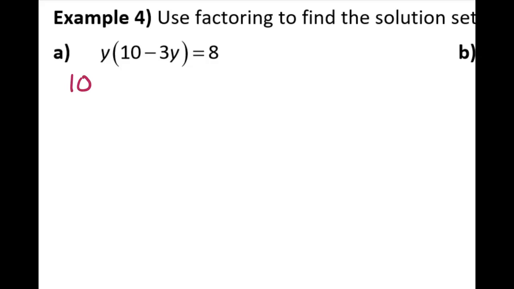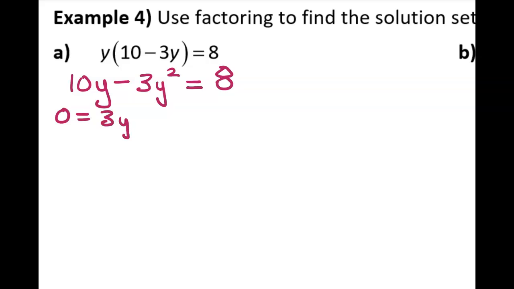We're going to have to remove the parentheses by distributing, or multiplying y times 10 minus 3y. And then we're going to move the terms around. Oops, on the right side that was 8. We're going to move the terms around, and I would encourage you to move the terms to the side where the squared term has a positive coefficient. So we can add 3y squared to both sides and subtract 10y, and then make sure that you've got those terms in descending powers. So the 3y squared term comes first, then the y term, and then lastly the term